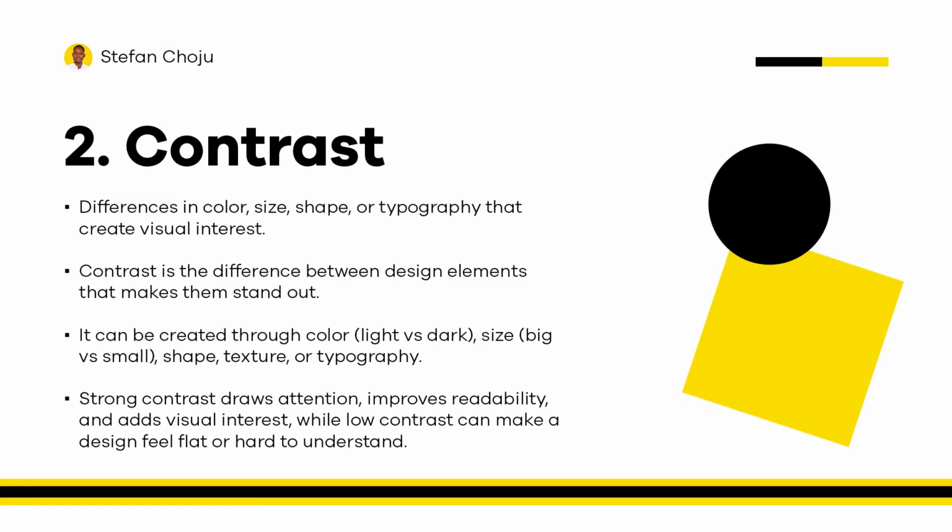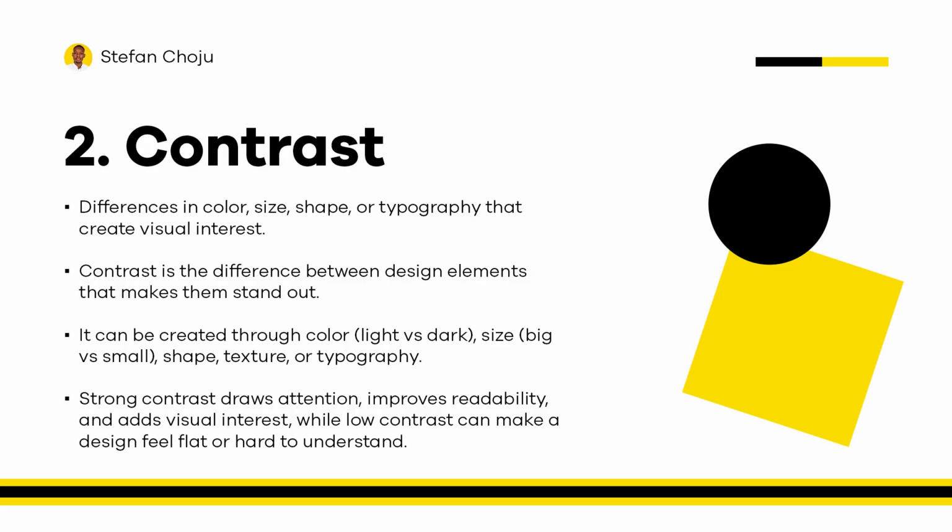The yellow shape is square, while the black shape is circle. That is contrast with shape. So I put two different shapes. Now the third contrast is contrast with color. One is black and one is yellow. So you can see how I've differentiated between two elements in three different ways: different shapes, different colors, and different